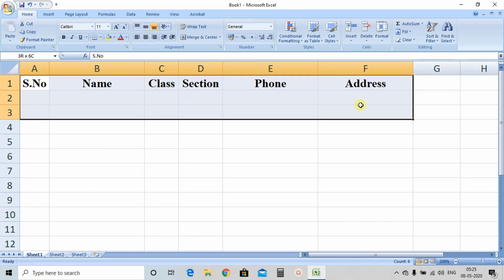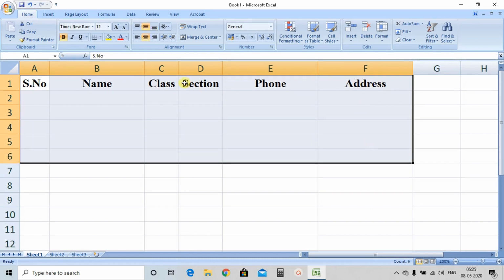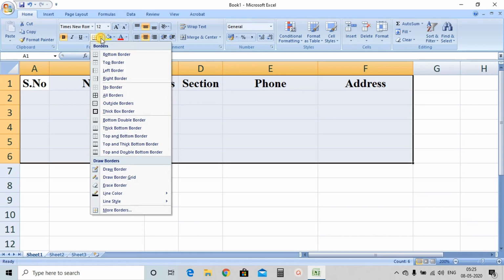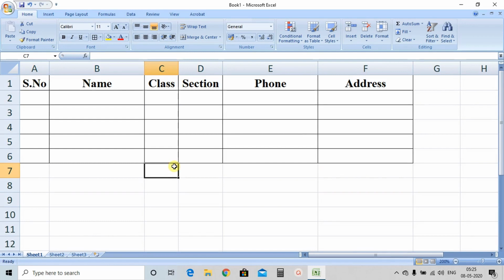Perfect. Now suppose we have to enter 5 records here. Now on the home tab you will find a button here in the font group that will give you the borders around this way. Okay, so we have completed with our table part. We have created the table and we have also created the column heading. Now the most important thing is how to get that form by which we will insert the data in our Excel sheet.